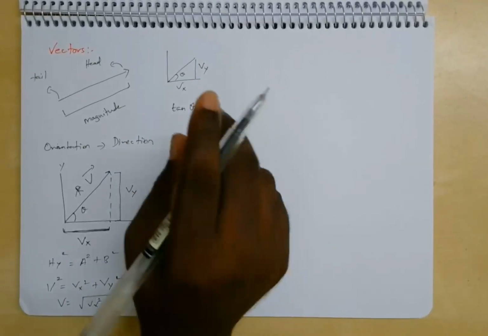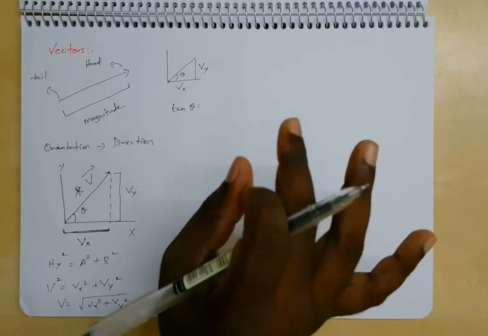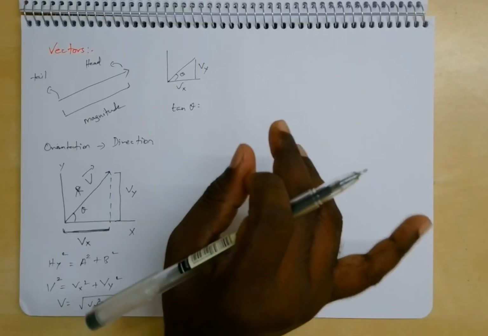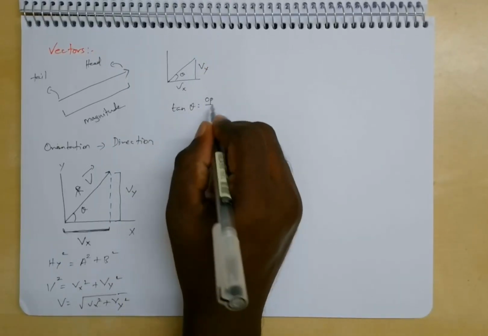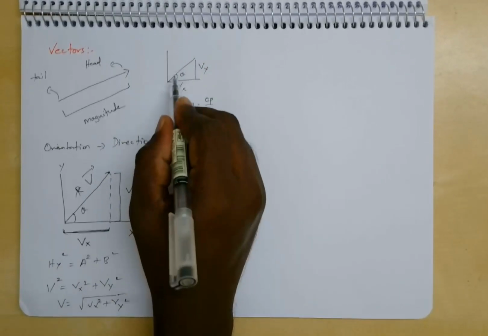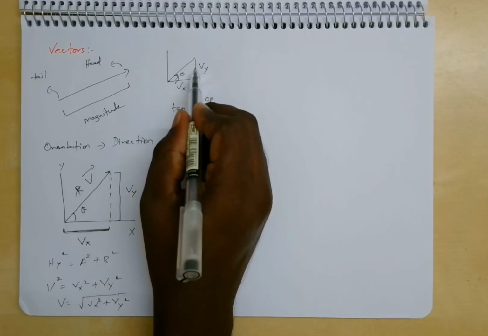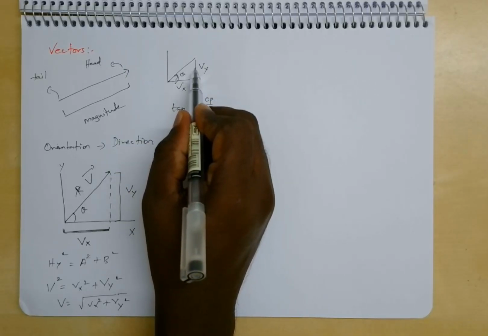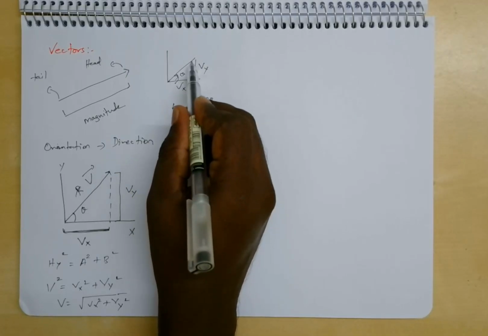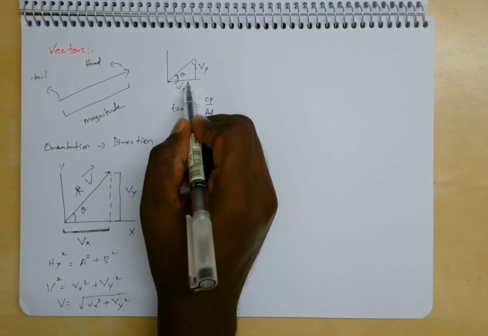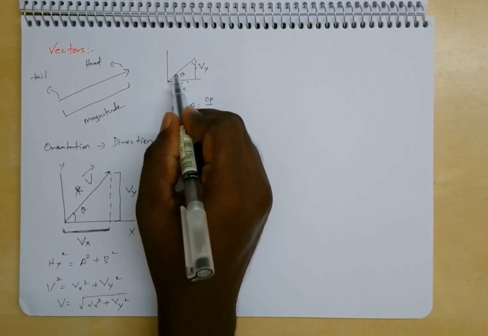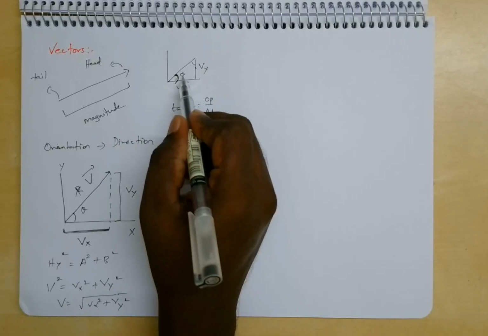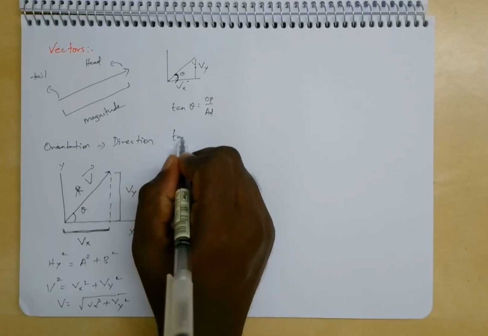Or tell me in hypotenuse, opposite, adjacent. Tan theta is opposite by adjacent. So if theta is here, this is opposite. Okay, now we are working with theta here. So opposite is